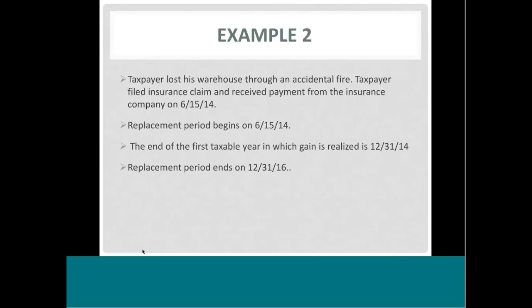Example 2. This taxpayer lost his warehouse through an accidental fire. The taxpayer filed an insurance claim and received payment from the insurance company on June 15, 2014. When does the replacement period start? The code says the replacement period starts